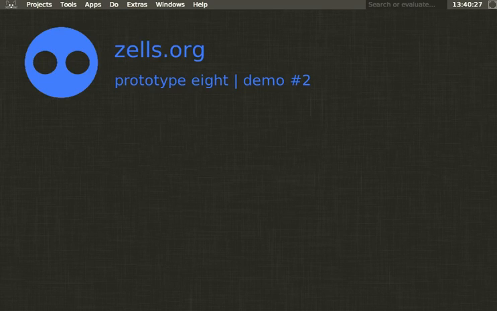This is the second demonstration of the zells prototype number 8. It shows the same use case as the last demonstration, but with a different model. The use case is to display a simple text message, basically a hello world, so it only contains the very